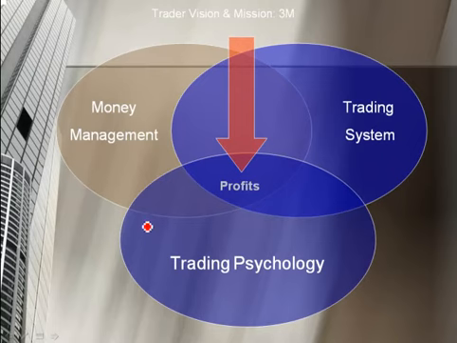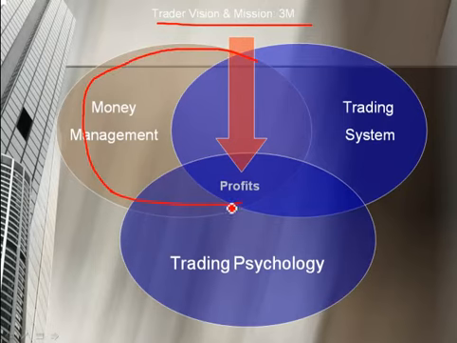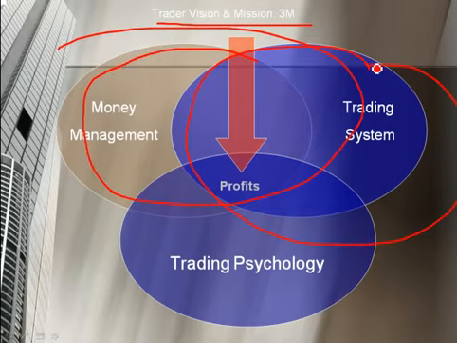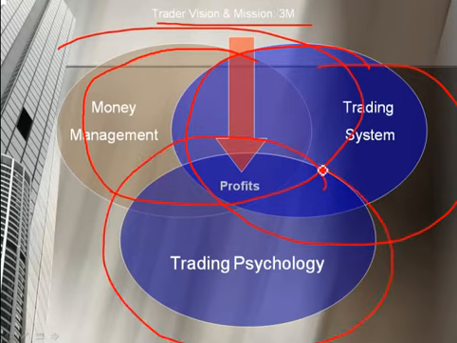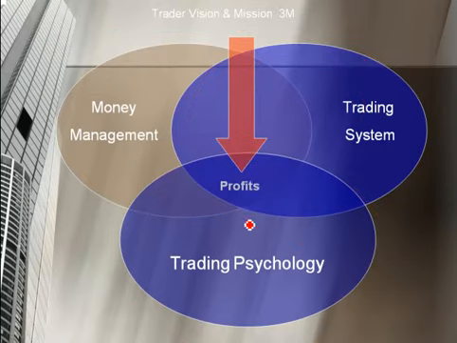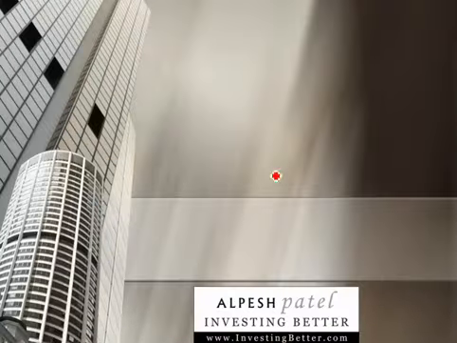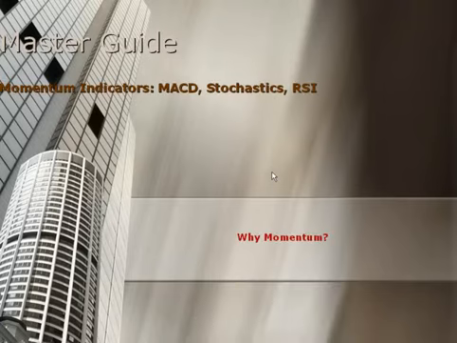What does actually happen when we do have that complete trader vision and mission? When we do have the three M's, when we have money management, when we have the trading system, when we have mind in order, so that we've got that in the middle? Well, we get profits. That's what happens. That's the whole aim of it. Combine all those, that's where you get to. Fair enough? Okay. I know I'm moving at a rapid pace. That's because we've got a lot of information and I don't want to focus on the broad stuff too much because we'll touch upon it over and over again.